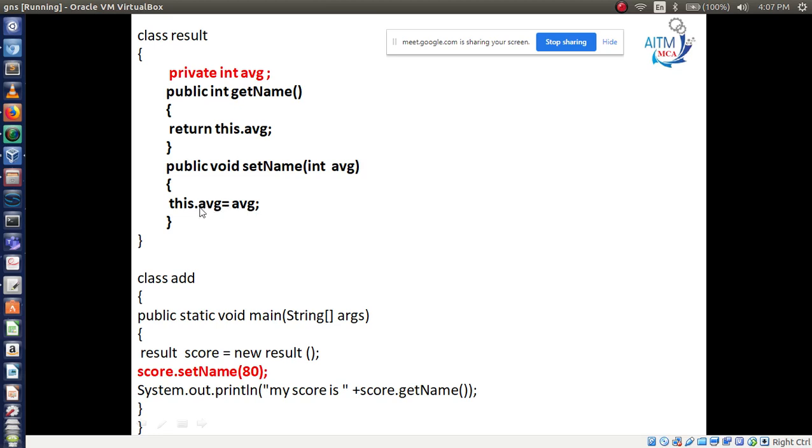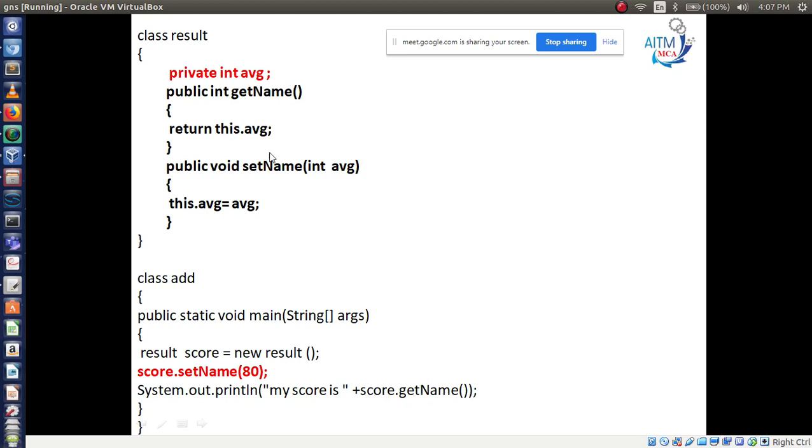After getting this dot average value, that is 80, it moves on to the result class, return this dot average. Here it will go into add. Now after returning you will have the result. My score is score dot get name.